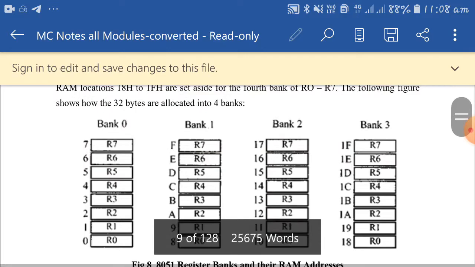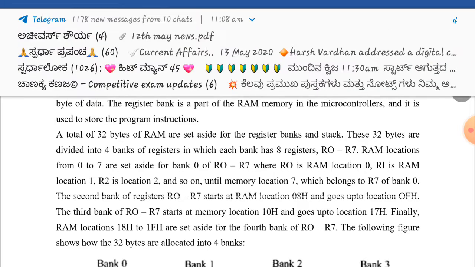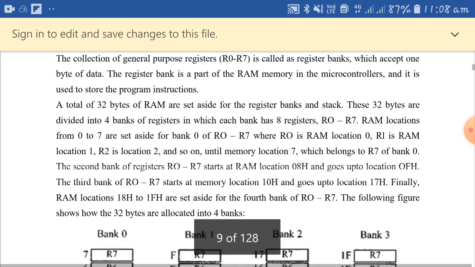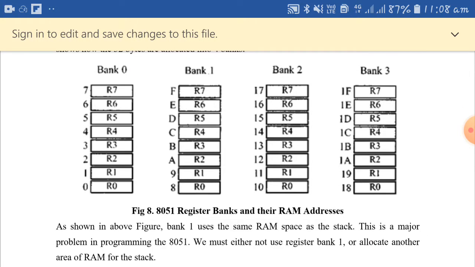Register banks, and how they are accommodated in the RAM. You already know the internal RAM size is 128 bytes. Out of that, 32 bytes of RAM are reserved only for register banks, and those register banks are located in the RAM at different addresses with the names bank 0, bank 1, bank 2, bank 3, and each bank has a total of 8 registers. Each register size is 8 bits, that means each register can hold a total of 8 bits.